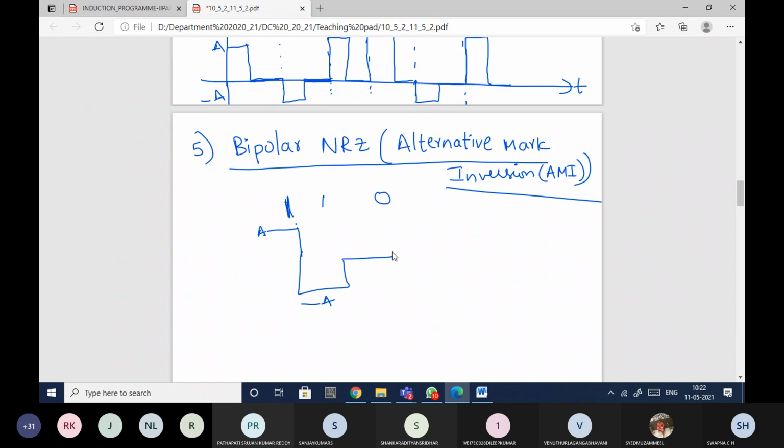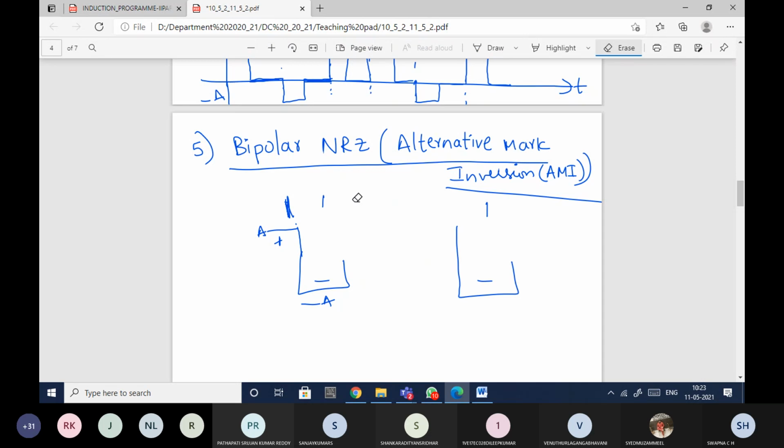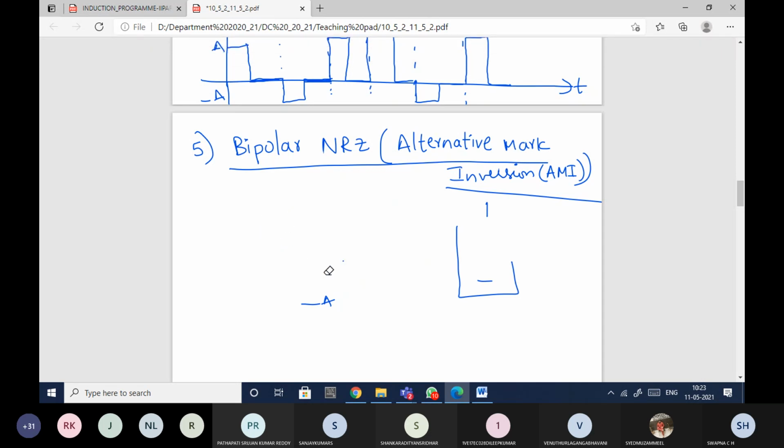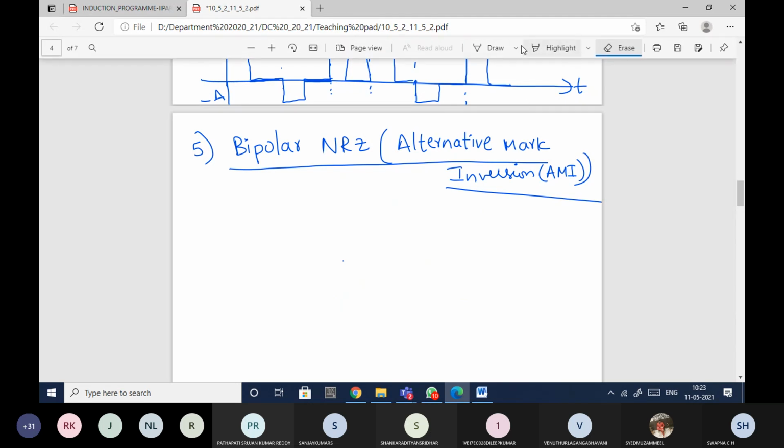Again, if you have a 0, it will be equal to 0. Okay, if I have a 1, it will be represented with positive amplitude because it will complement its previous state. Okay, so here I had started with positive amplitude, so the next one is negative. Again, the next one will be positive. Again, one more 1, I will have the negative amplitude like this. Okay, so this is what your bipolar NRZ is. I'll just take one example and I'll show you properly. Otherwise the mathematical equation, we didn't write the mathematical one. I'll directly show you the representation here.